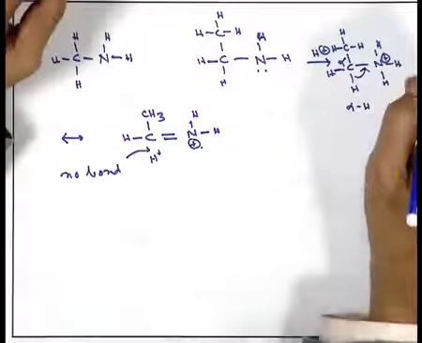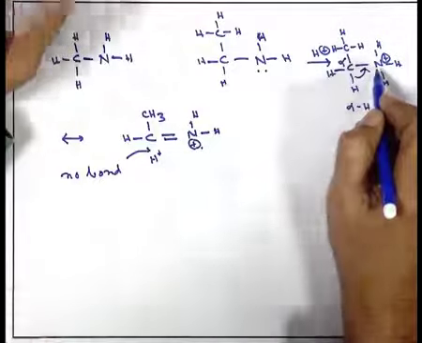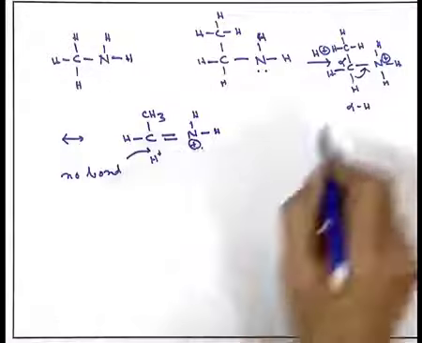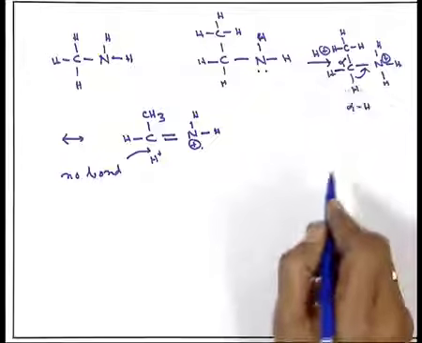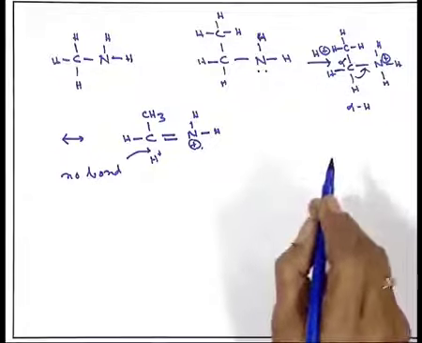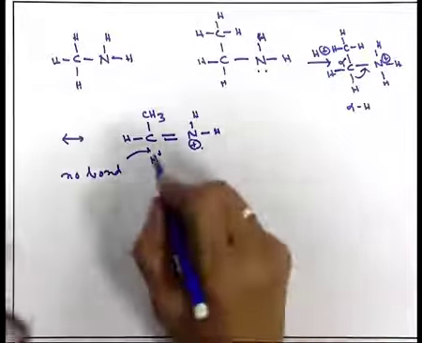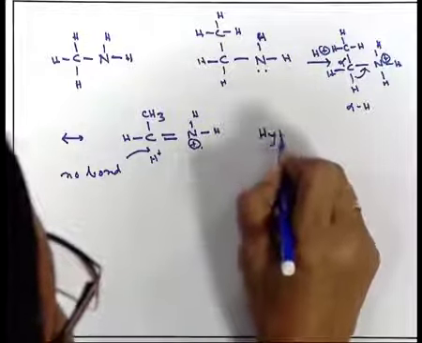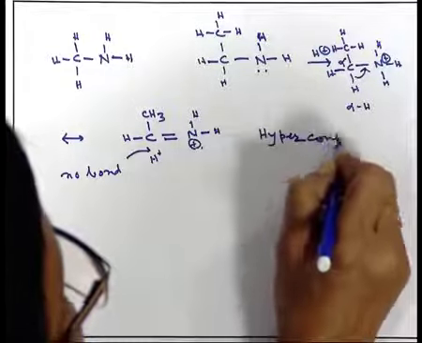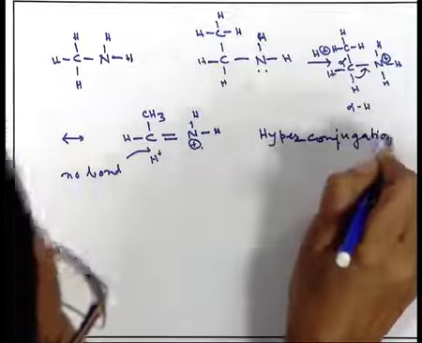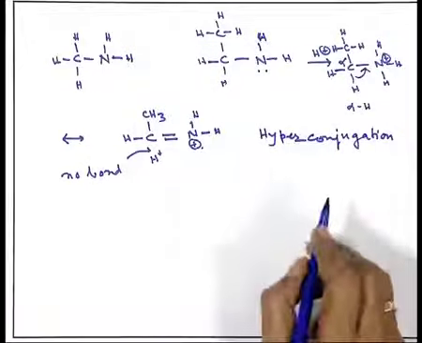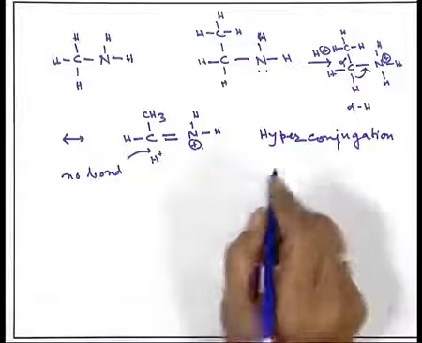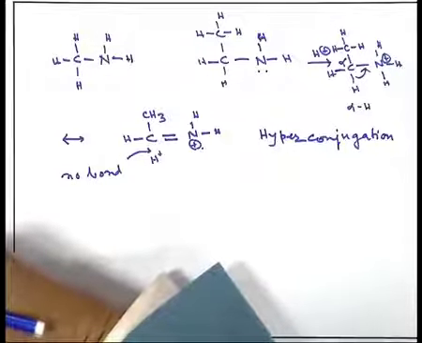What is an alpha hydrogen atom? With respect to a substituent from which we are taking that thing, there is a substituent, next to that is the alpha carbon, and any hydrogen attached to that is the alpha hydrogen. So, that can help in a phenomenon called hyperconjugation. Hyperconjugation also helps to stabilize a species or an ion, and it is a very interesting phenomenon, and that helps because we can write more no bond resonating structures.